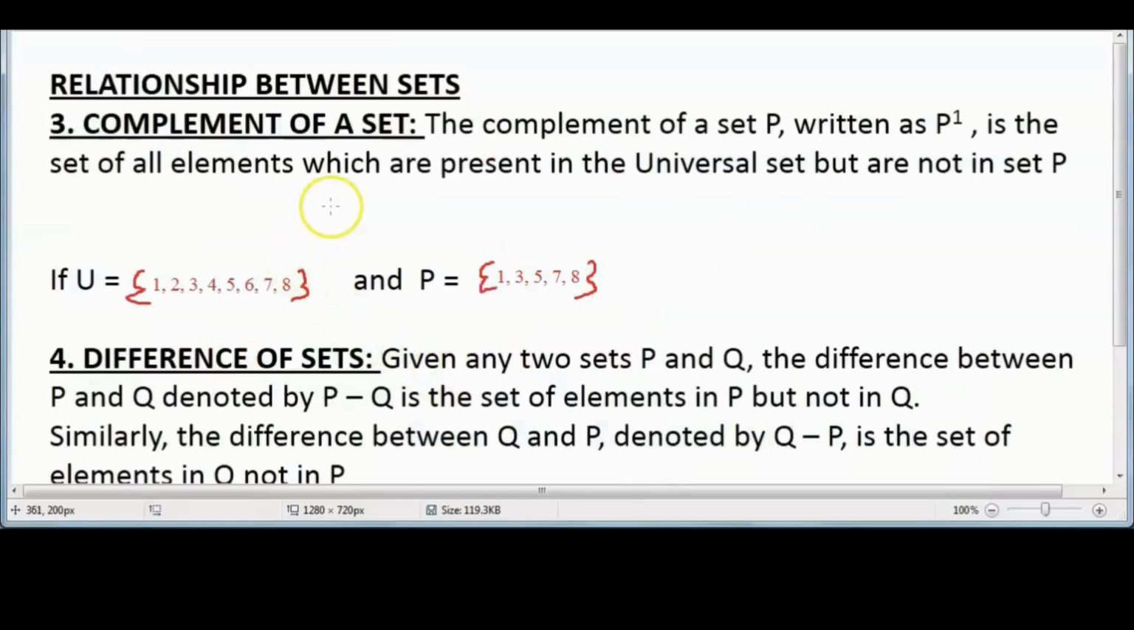Complement of a set. The complement of a set P, written as P complement, is the set of all elements which are present in the universal set but are not in set P. This means that the complement of a set is the relationship between the set and universal set. So if we have a universal set U and a set P, then the complement of P, or P complement, written as this, will be equal to